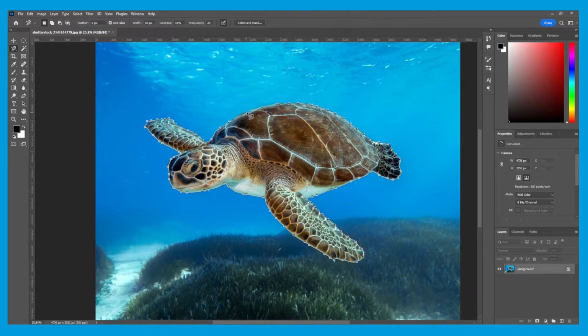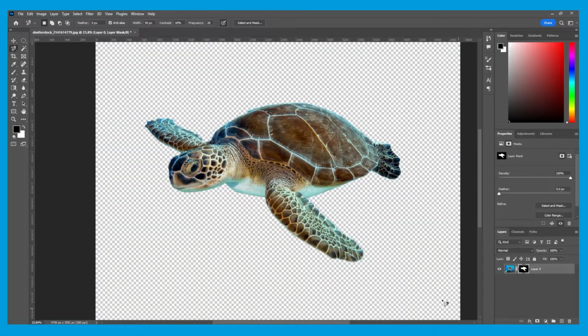And we're coming back to the start here, so what you want to do is just join it up like the polygonal lasso tool. And there you go, we've made a selection. And once again, head to your layer tab and make this into a layer mask. As you can see, we have the turtle.